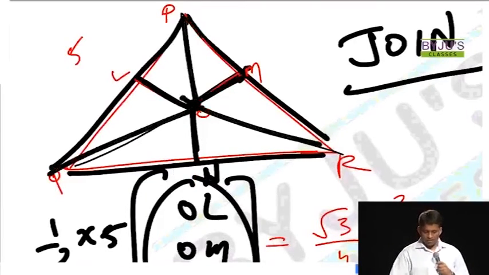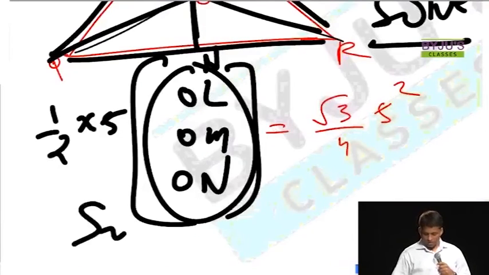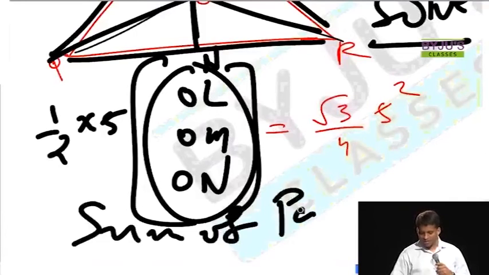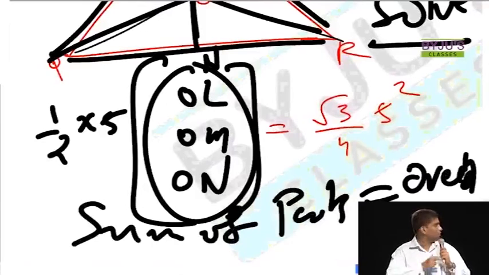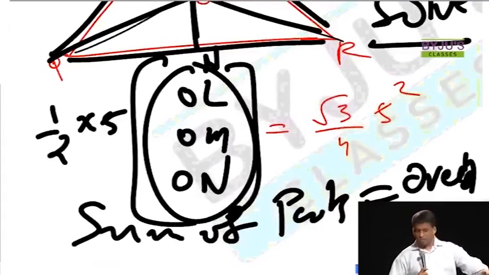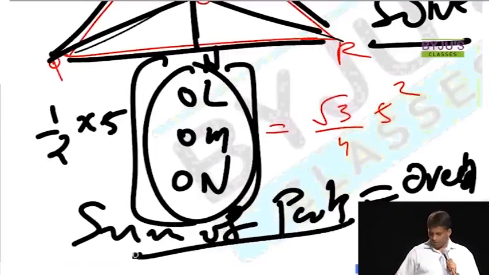You cut the diagram, solve the question. What is the logic? Sum of parts. Cut the diagram means it's nothing but sum of parts equal to overall area. And while making the question, you can either give the area, or you can give enough data so that they can find the area using some other method. Don't give everything else, then it won't be a question. Just leave one of the L values as an unknown.